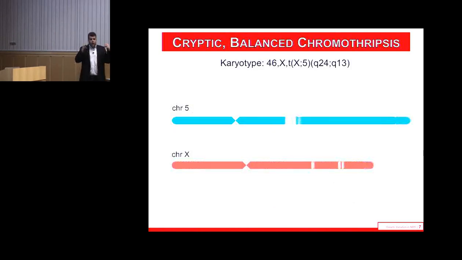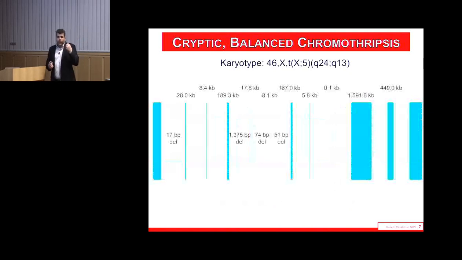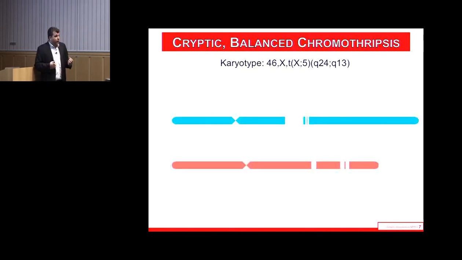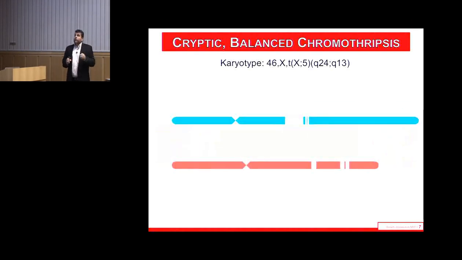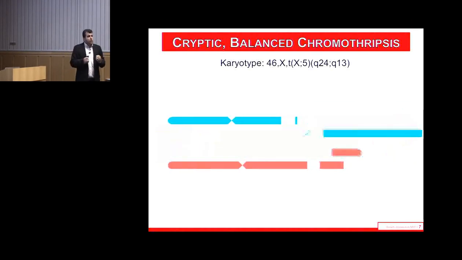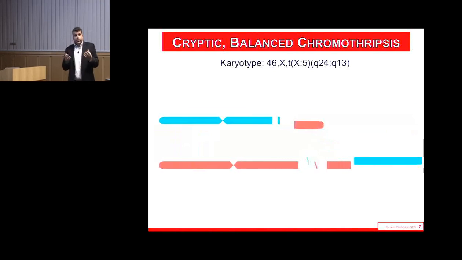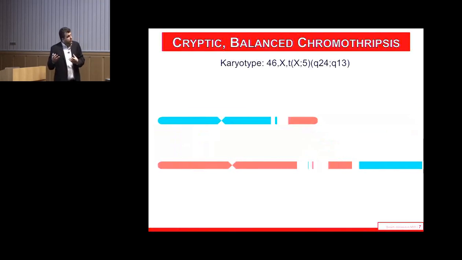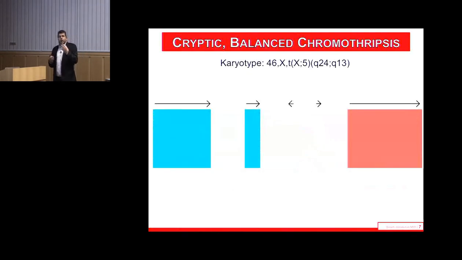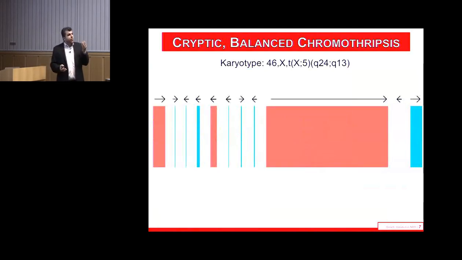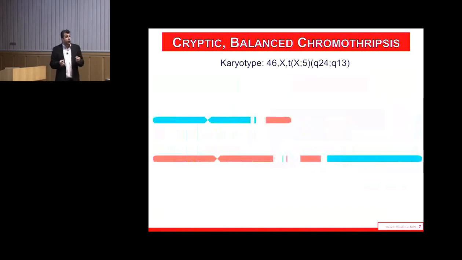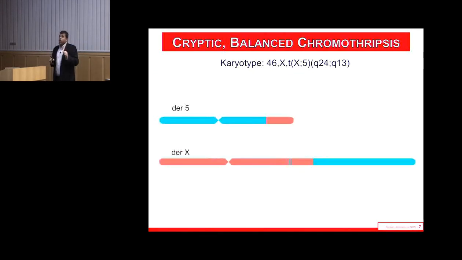We also uncovered this extremely complex set of rearrangements that they had been finding in cancer at the time. This was in 2009 when we first found this one, and the folks at Sanger had just published on chromothripsis, or chromosome shattering and recombination. I was sitting on this data, saying I'm seeing this in these autism kids, except it wasn't quite the same thing. In the cancer genomes, you saw this oscillation of gain and loss of copy number within the shattered region. Here in these children with autism, what we're seeing is a